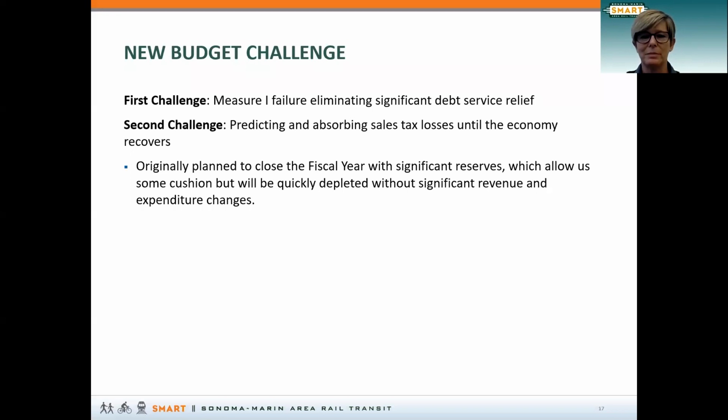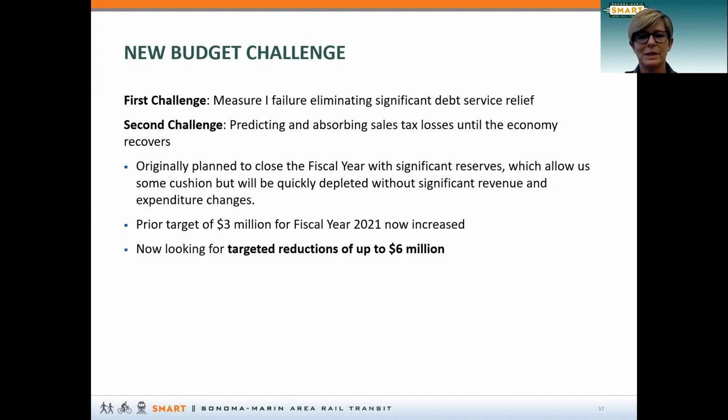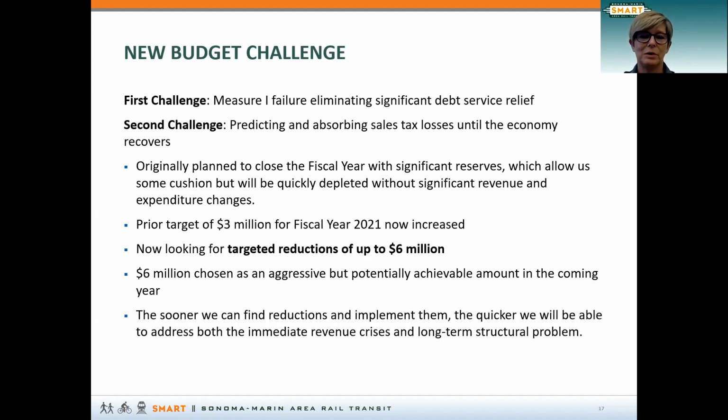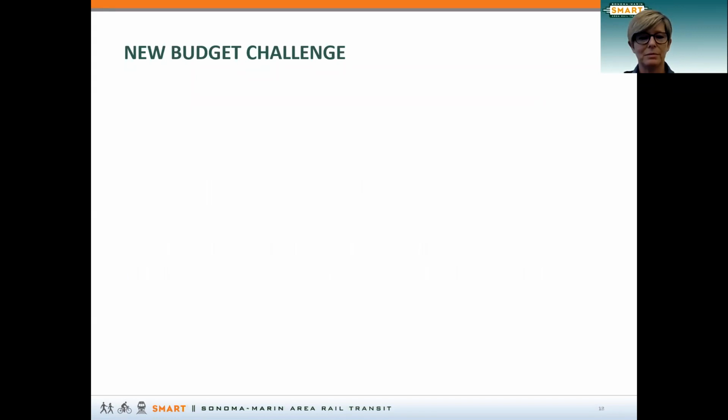to deal in this moment, but they'll be quickly depleted if we don't address some either revenue or expenditures going forward. So our prior target of $3 million for fiscal year 21 is now increased to up to $6 million. It's an aggressive target. It's a big chunk to try to reduce very quickly by July 1 to address that need, but it's potentially achievable. And the sooner we can do it, the quicker we can weather the crisis and deal with our long-term structural